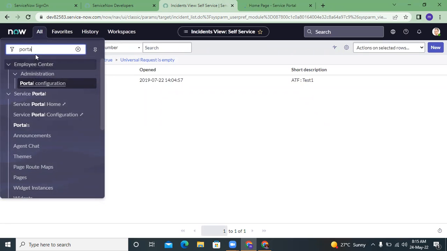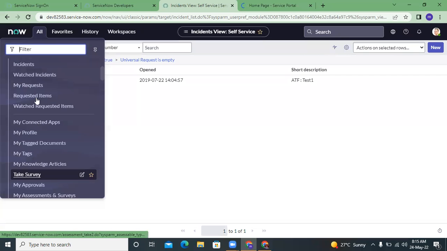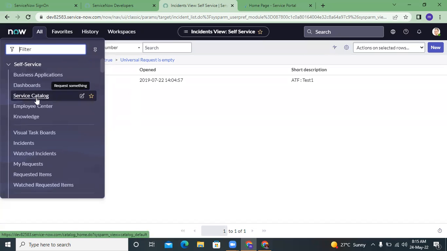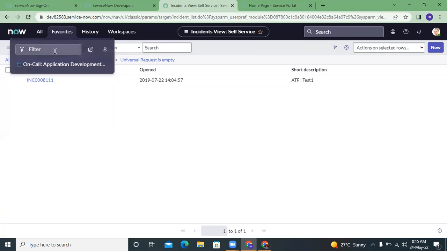They will come here and use this. Even as a developer, if you want to redirect to any scripts or anything, the first place is this navigation. Okay. And in favorites, we will have